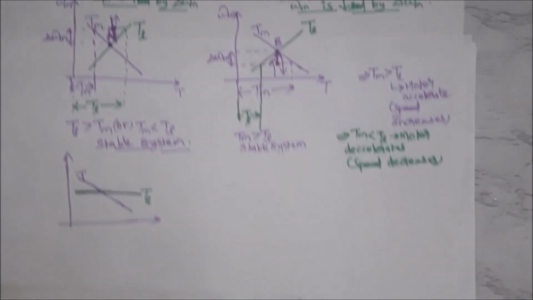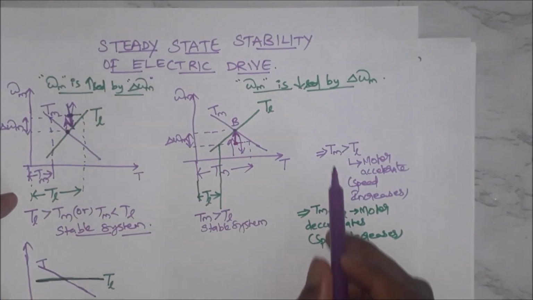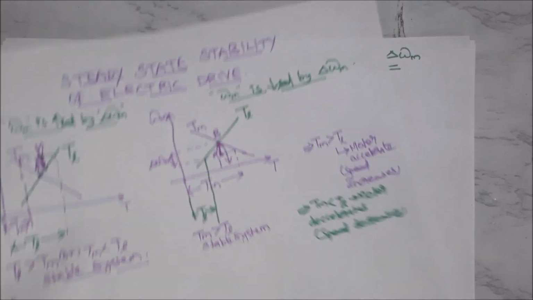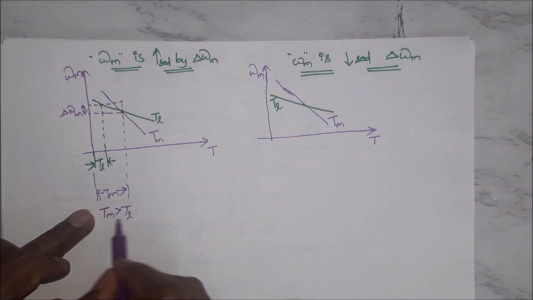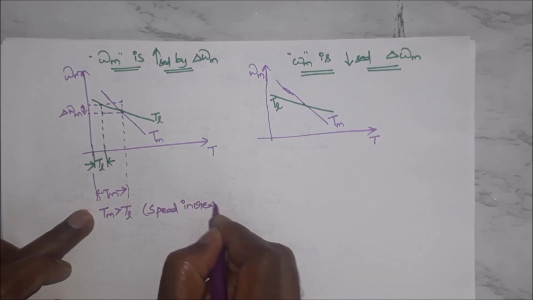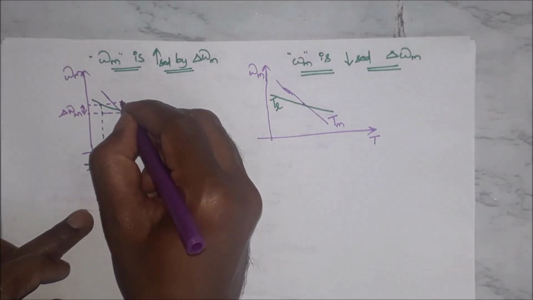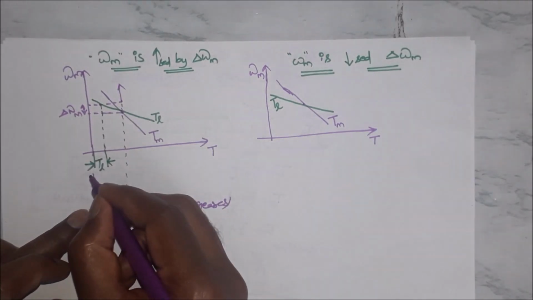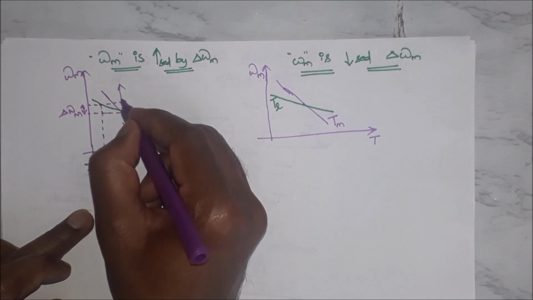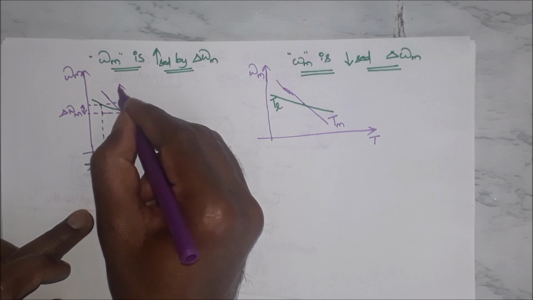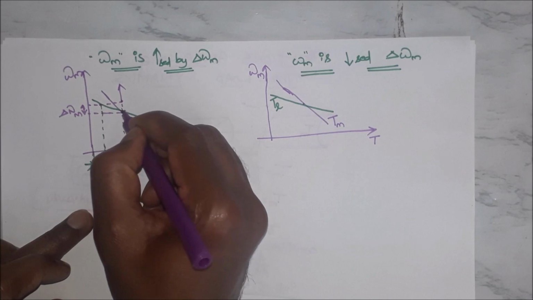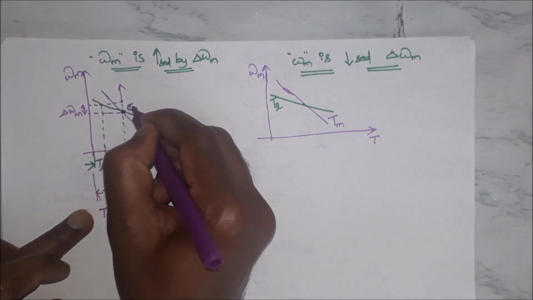Let us recap this condition. When your motor torque becomes greater than the load torque, your motor accelerates, or speed increases. So according to this condition, speed increases, so from here again your speed will increase, right? Speed increment means it will go in this direction. So again your speed is increasing, therefore your operating point is going away from the operating point. This is our operating point. Let me assume this operating point as C.